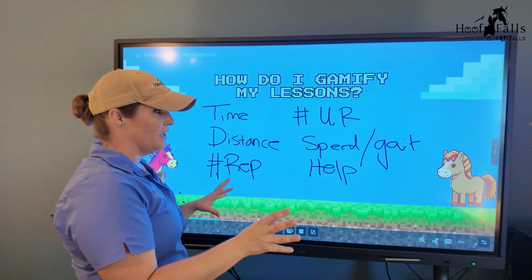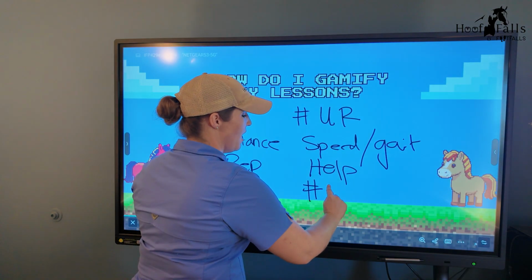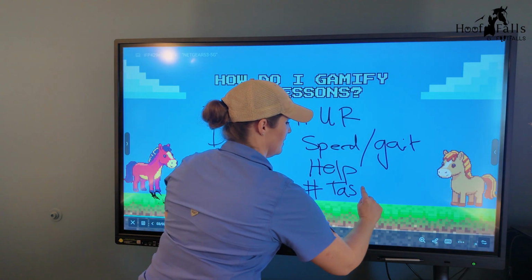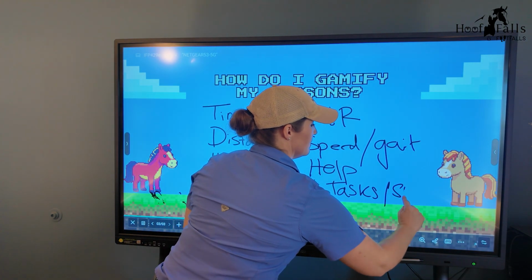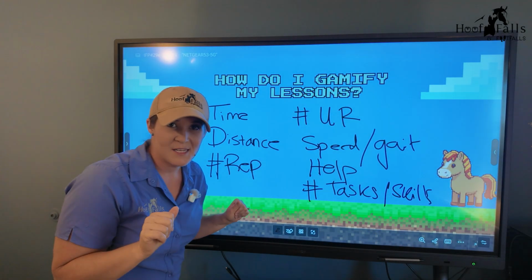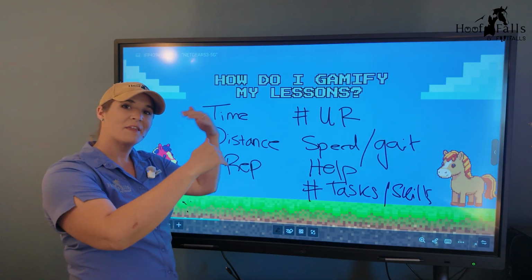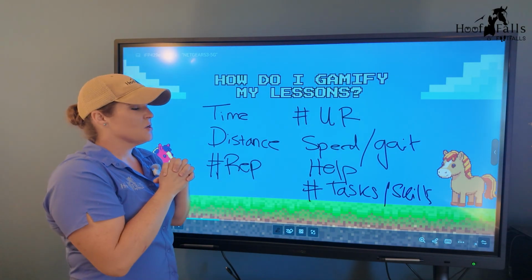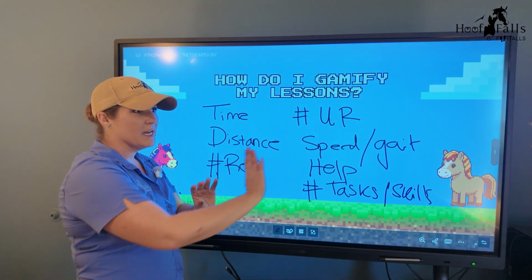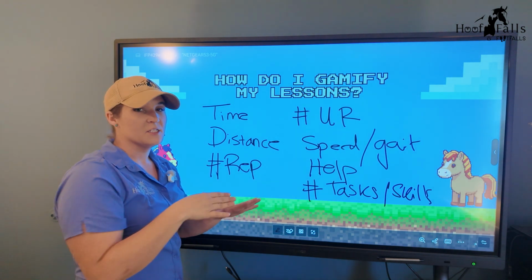And then another thing that we sometimes forget about too is the number of tasks or skills that I'm asking them to do all at once. And I will actually teach my students to start seeing the number of things that we're laying on, so that they don't think that riding out on the rail by themselves off lead at a 2-point is super simple.